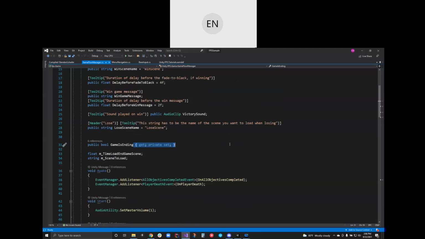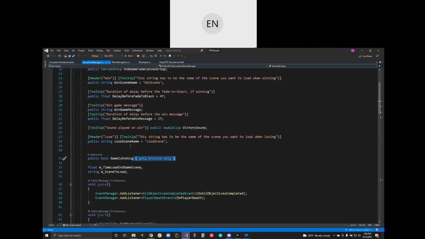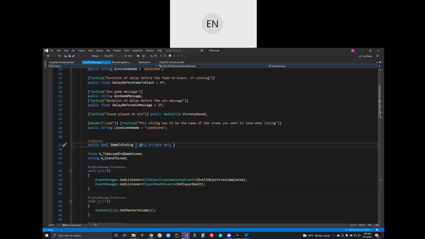But I've been working in JavaScript, and they don't have this convention of fields and properties. Everything's just a property. I think when you just declare a variable in C#, it's known as a field, and when you use this get and set convention, it's what's known as a property. In any case, you don't have to always just get this variable.